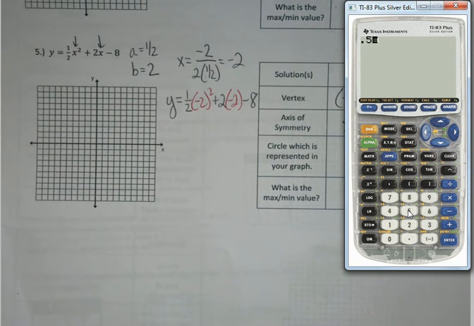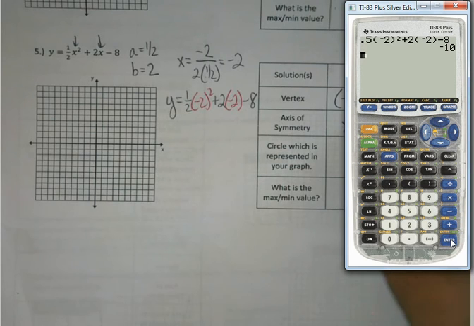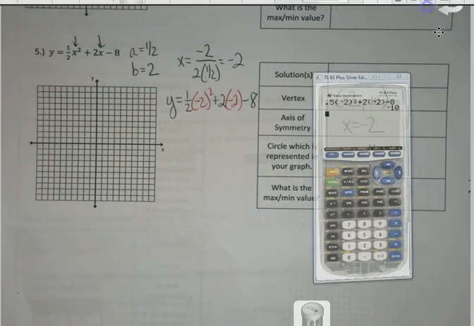I will go to the decimal, 0.5. All right, so 1/2 negative 2 squared plus 2 times negative 2 minus 8. Okay. Negative 10 will be,